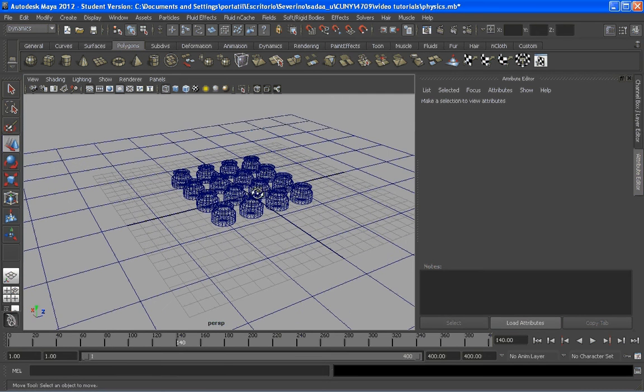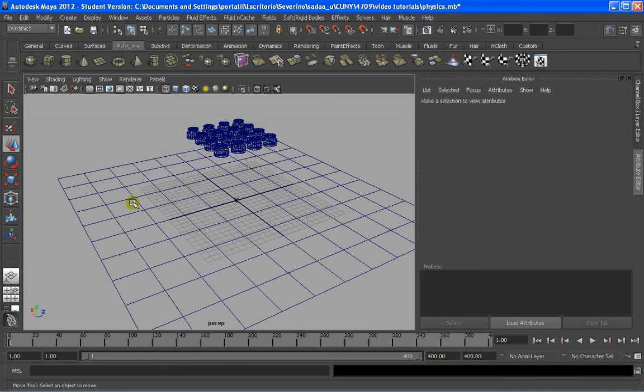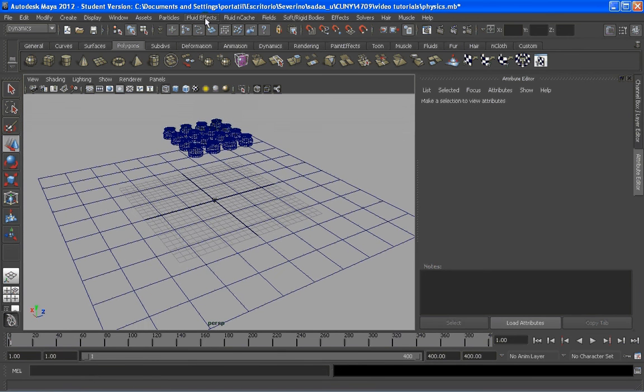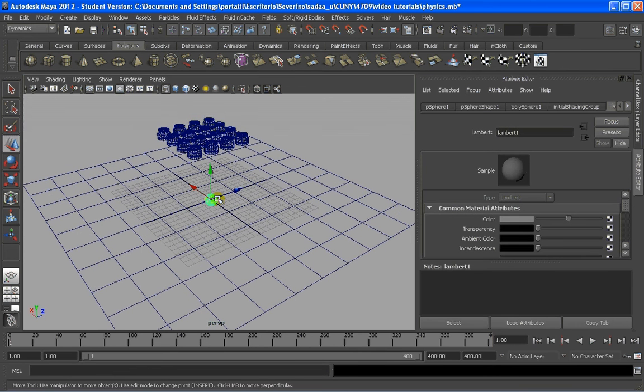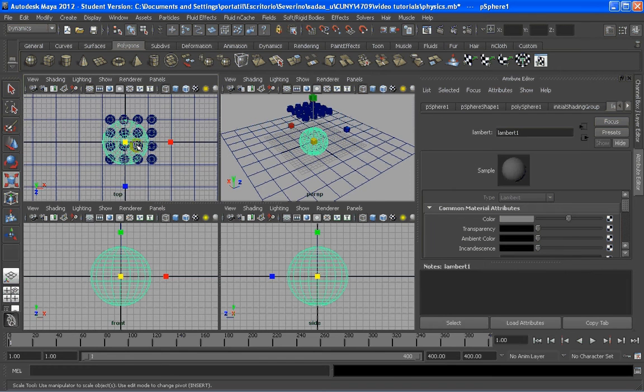So I'm going to start the animation. Just create a bunch of objects here that these guys are going to hit against. So for that I'm going to select a couple of spheres and place them here. I'm going to scale them up. I'm going to go to the top view to see where they are. W, I'm going to place them here, Control D,